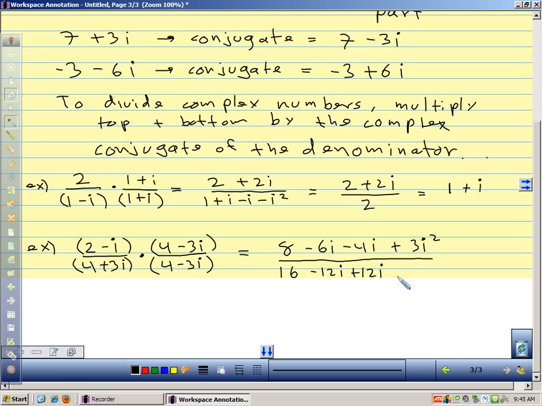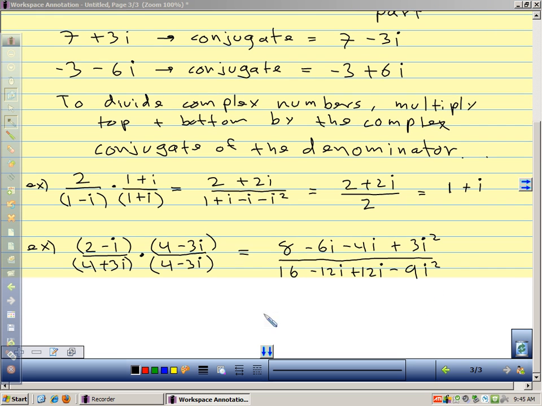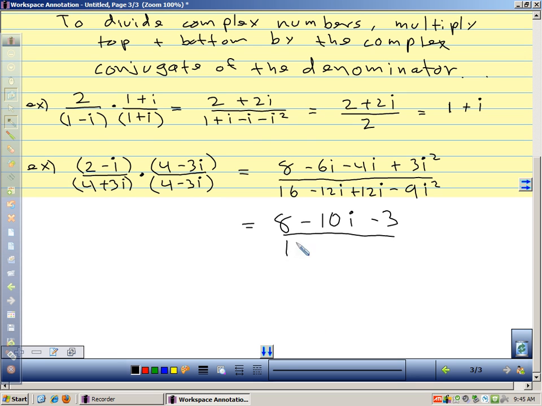And for my last, I get minus 9i squared. And I'm going to combine and simplify. So I get 8 minus 10i, and 3i squared is minus 3. And on the bottom, I get 16, and minus 9i squared is plus 9. So finally, I get 5 minus 10i over